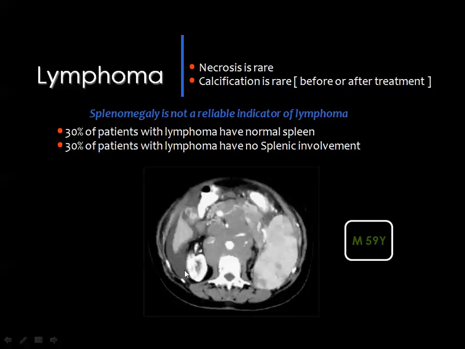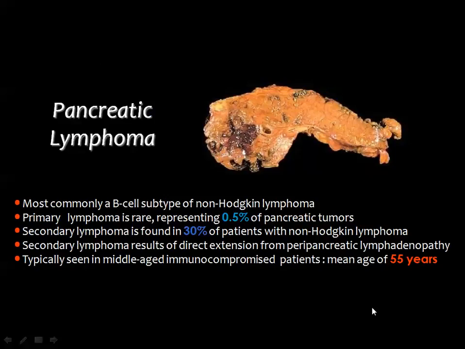And it's worth knowing that 30% of patients with lymphoma have a normal spleen, and 30% of patients with lymphoma have no splenic involvement. In pancreatic lymphoma, the primary type is rare,